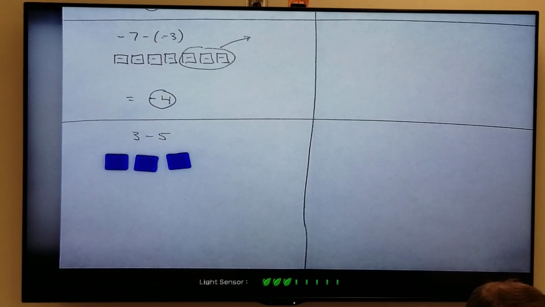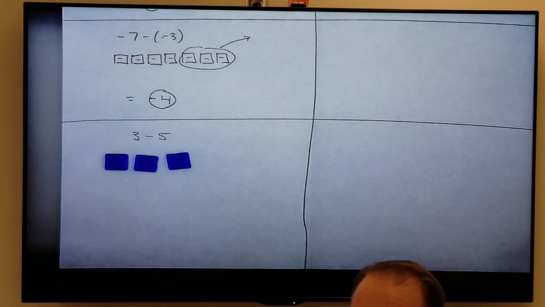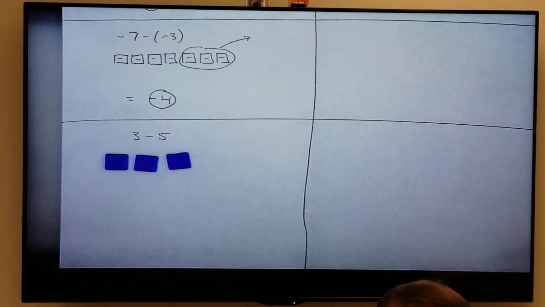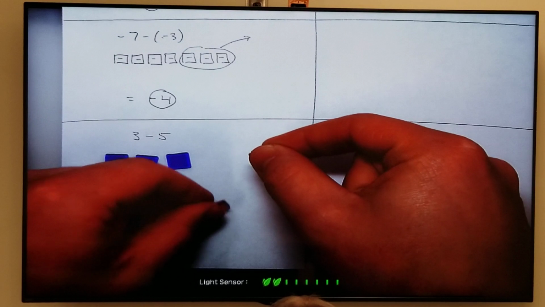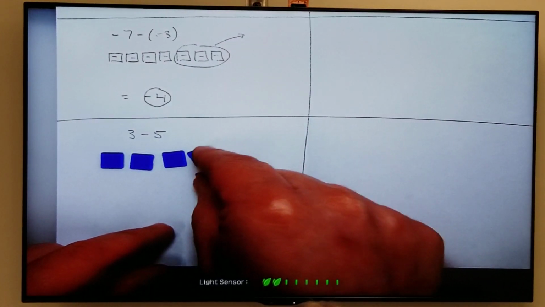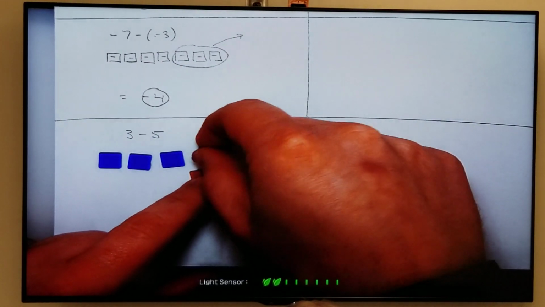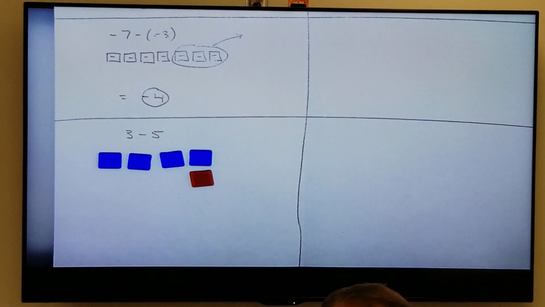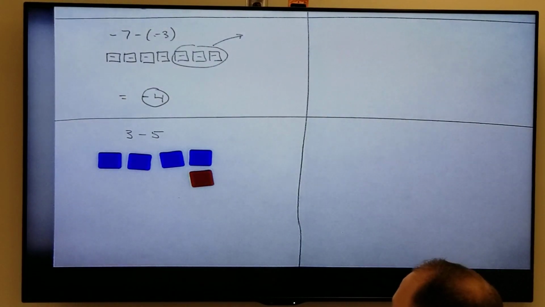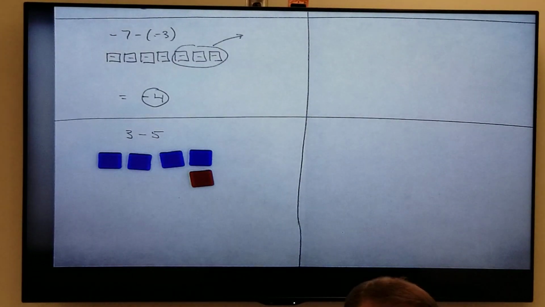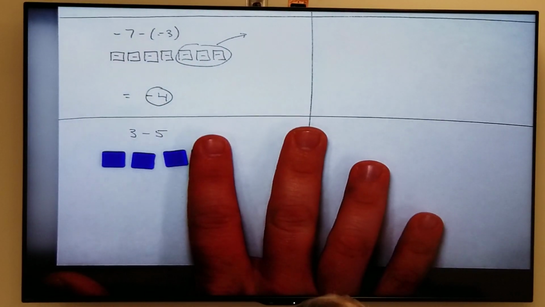Okay. So here's how we deal with that situation. One of the things that you read about in the textbook was the idea of 0 pairs. So when you have a blue tile and a red tile together, that's just a 0, right? So if I add on to here a blue tile and a red tile, that's still 3, okay? That's still 3, because these 2 tiles cancel each other out, right? And I get 3,